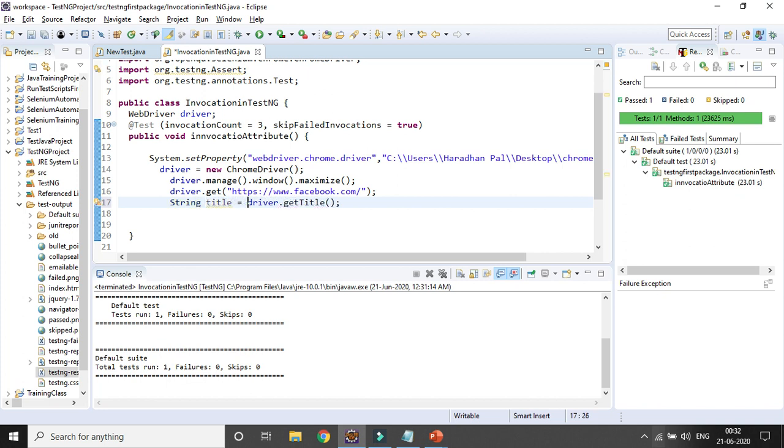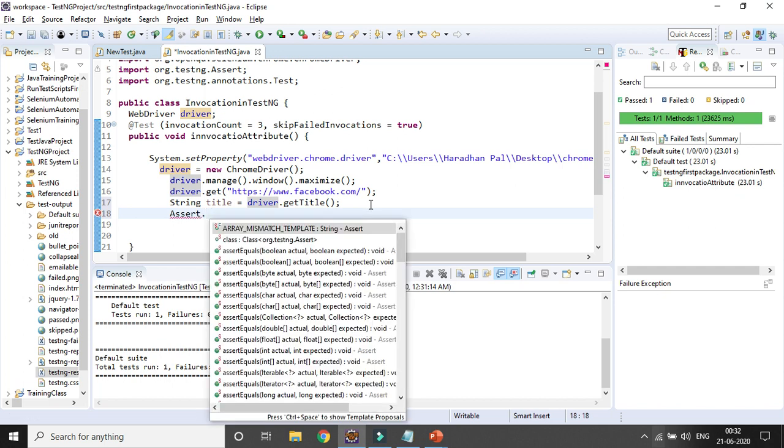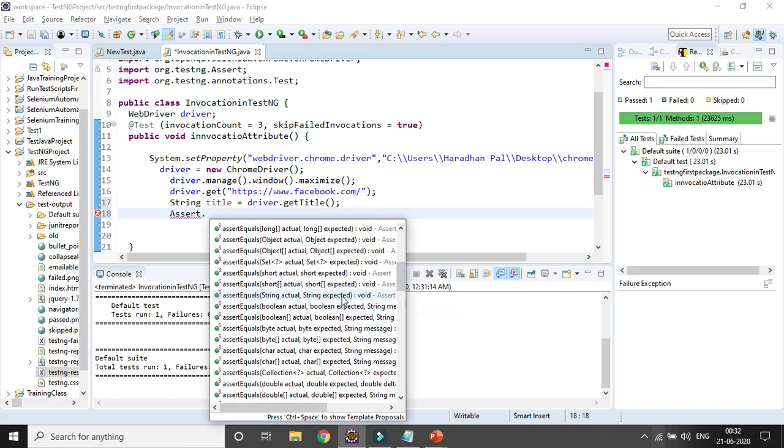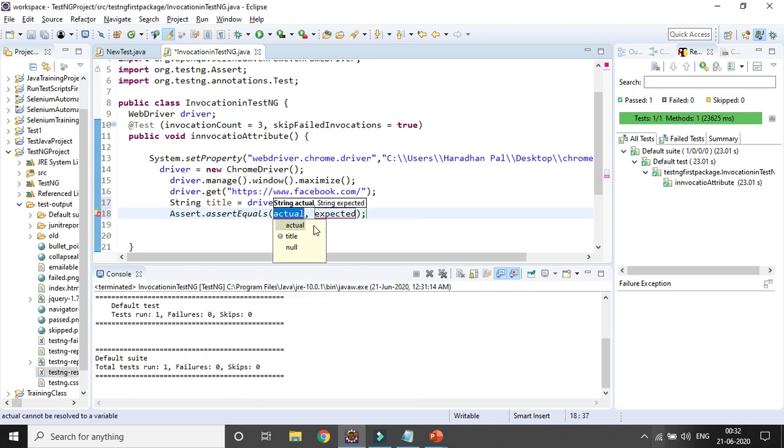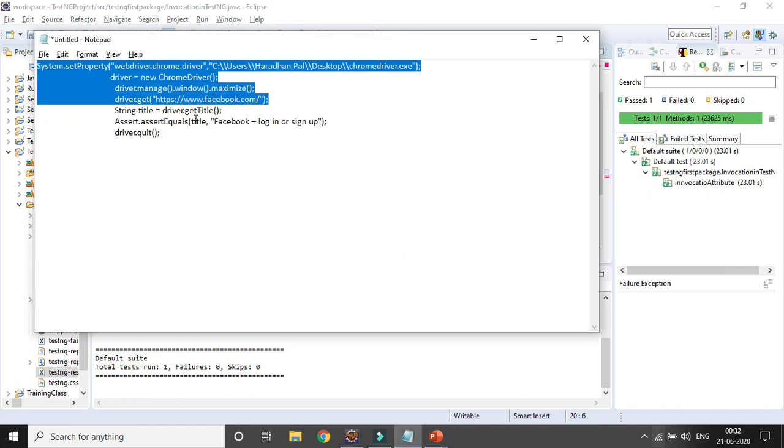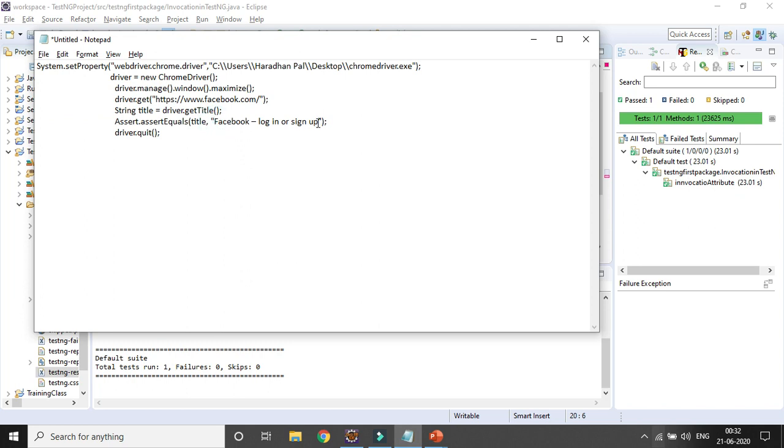Then I want to add some assertion point, Assert.assertEquals, I want to check the expected and the actual string values. So actual will be my title, and expected for the Facebook page is, Facebook login or sign up. So that should come.